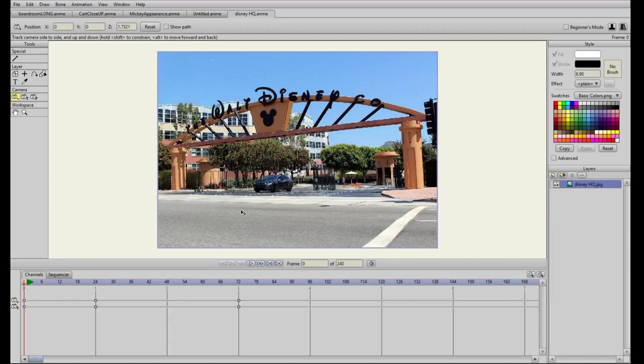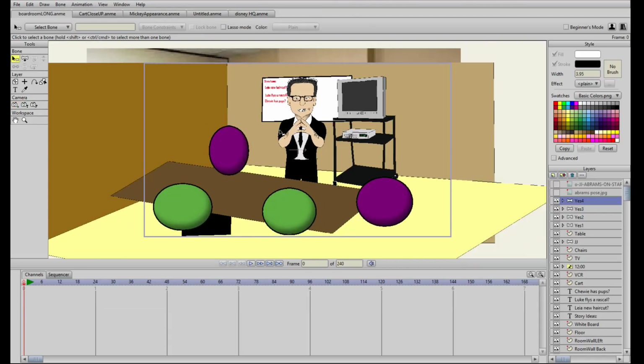When did they announce The Force Awakens? Whatever year that was, that'll be the year we put here. Where is Disney HQ? That'll be the state or whatever that I put here. So, boom, California 2015. And then we zoom in, and then it kind of dissolves into this, and we see Abrams here and the Yes Men. And I think that'll be enough to show what is going on.